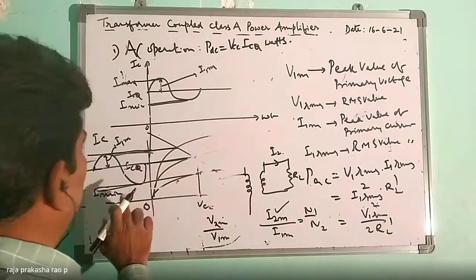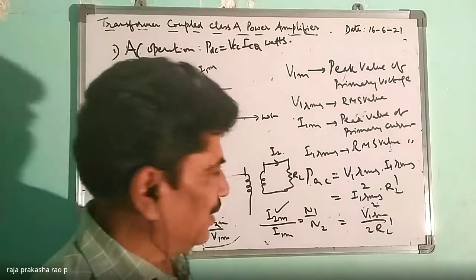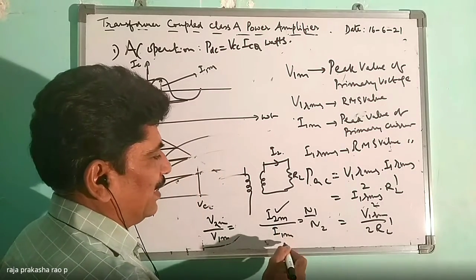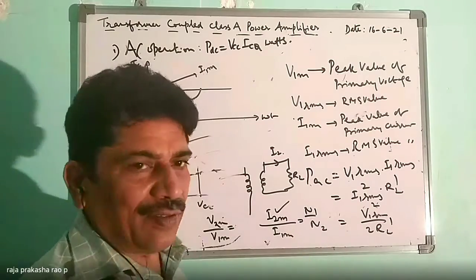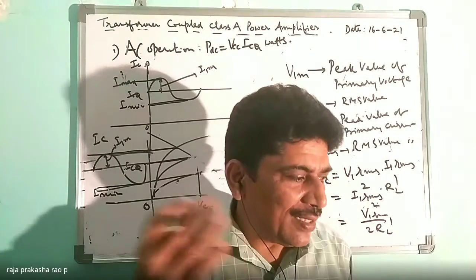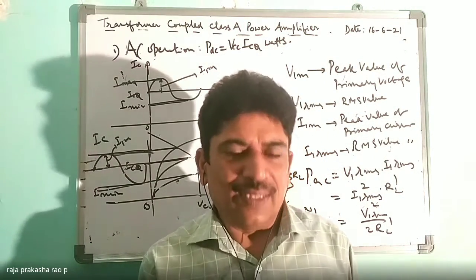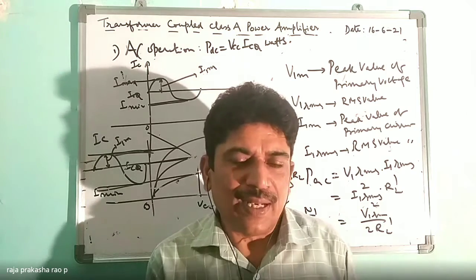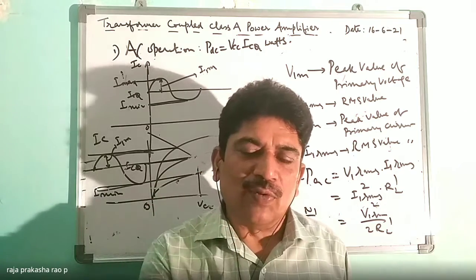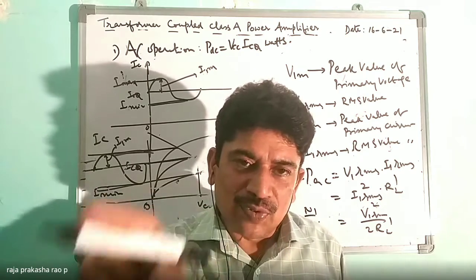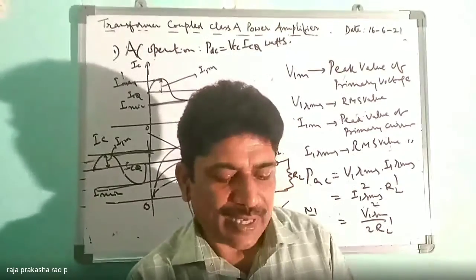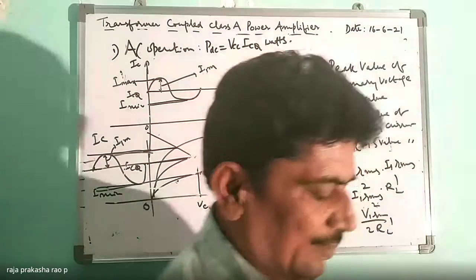Okay. From that, here we can find out by drawing that V1M. So V2M by V1M is equal to I2M by I1M is equal to N1 by N2. In that way, we can find out the voltages and currents, peak values as well as RMS values, on the load connected to the secondary coil. Across the secondary coil, you can find out the voltage and also the current which flows through the load resistance, that is RL. By using the transformer equation, we can find out all these things.